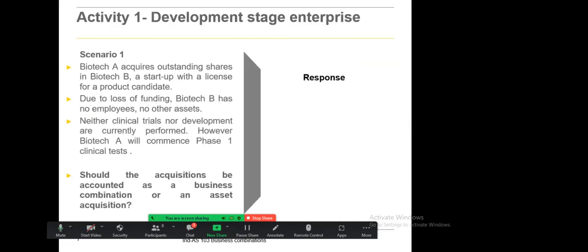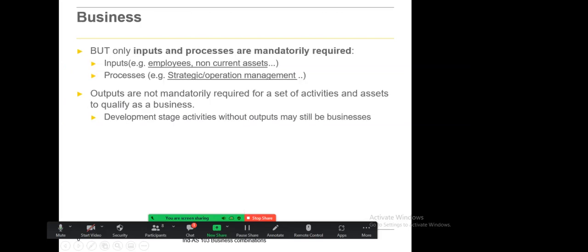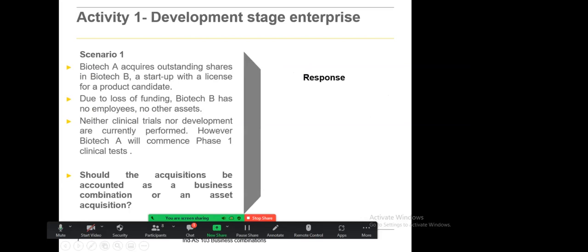Let us understand this with the help of a few examples. We have Biotech A, which acquires outstanding shares in Biotech B, a startup with a license for a product candidate. Due to the loss of funding, Biotech B has no employees and no other assets. So that means if we see over here, whether there is any input, no, there is no employee or any other asset. Neither clinical trials nor development are currently performed. However, Biotech A will commence phase A clinical trials. So now,